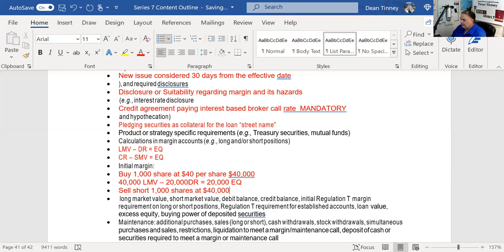Or there is a locate requirement. And so, I'm going to have to locate that security. But once we locate the security, I'm going to get 40 grand from selling the borrowed stock. And then remember, Regulation T, set by the Federal Reserve Board, always says that initially you got to be at